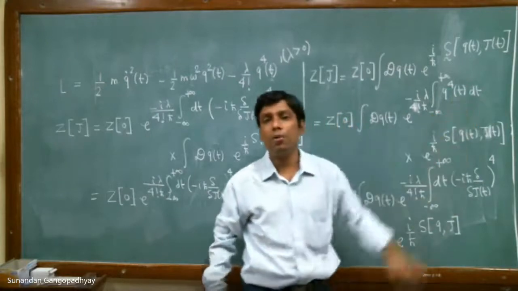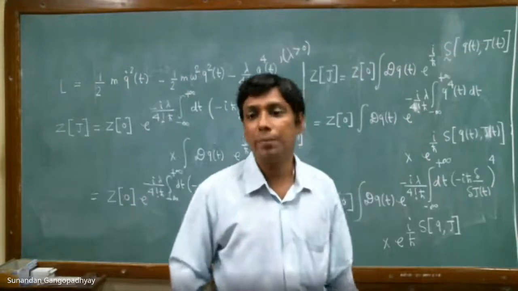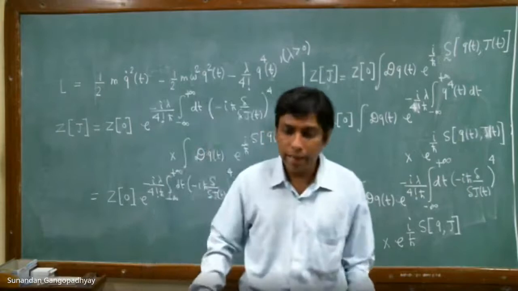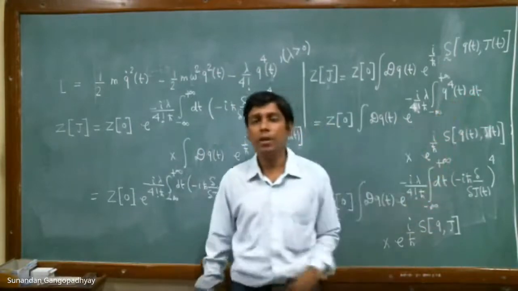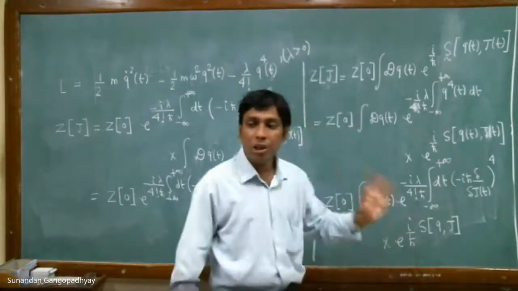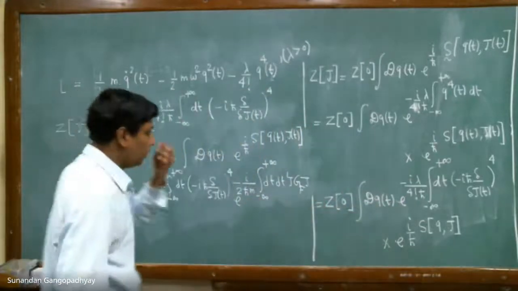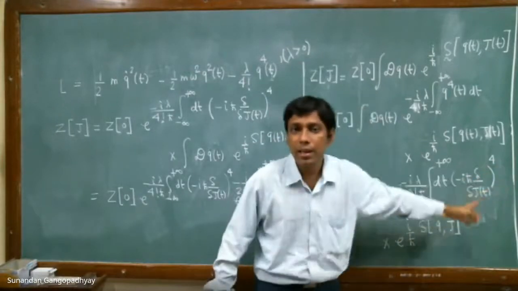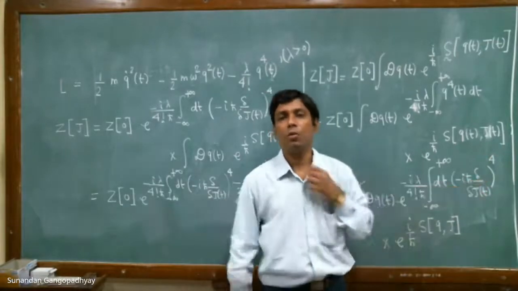This q to the power of 4 is essentially nothing but a functional differentiation with respect to j. I am not bringing in any operatorial character of q or anything. What I am saying is that this is effectively a functional differentiation over j, and therefore, to calculate the generating functional, you need to functionally differentiate the free result, the result for the generating functional of the free quantum harmonic oscillator.